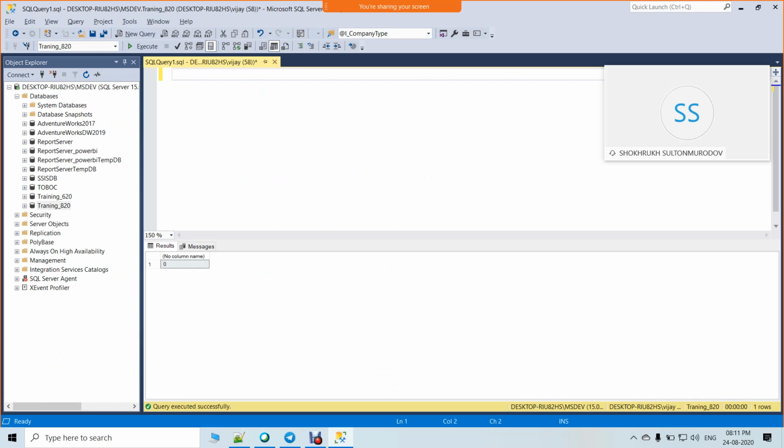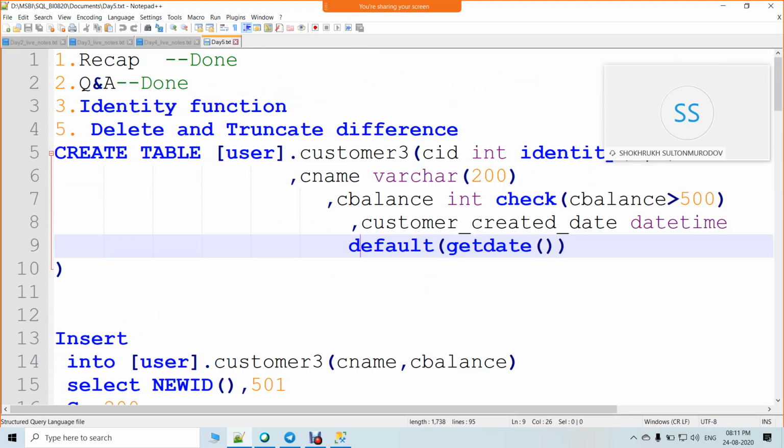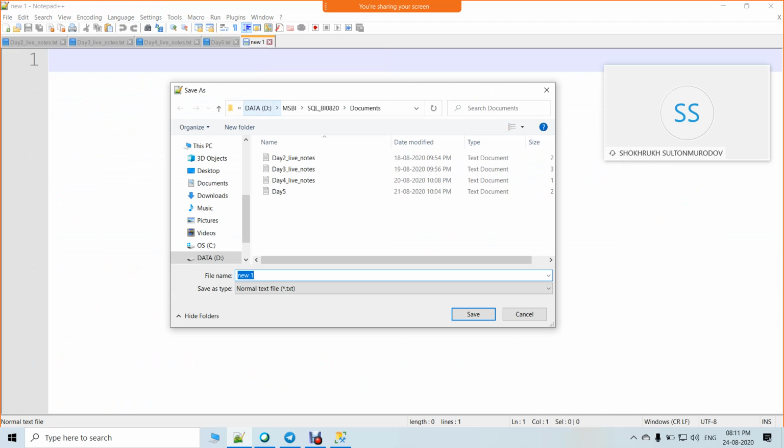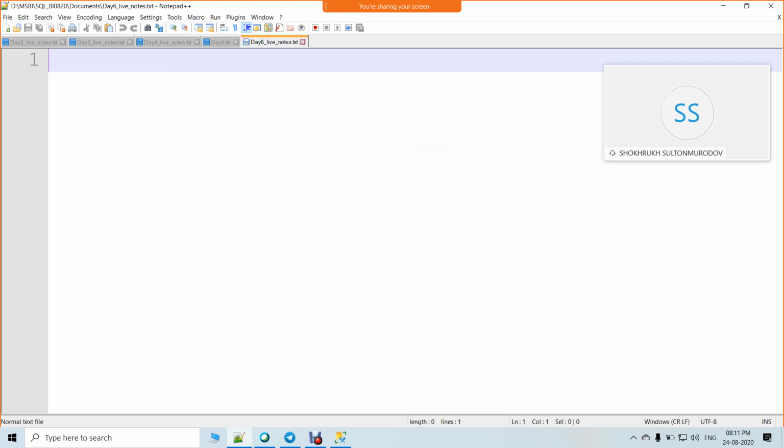So basically functions are classified into two types. Database functions, or I can just call them functions.